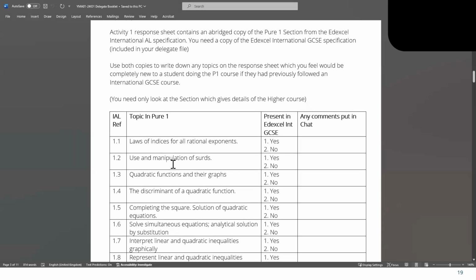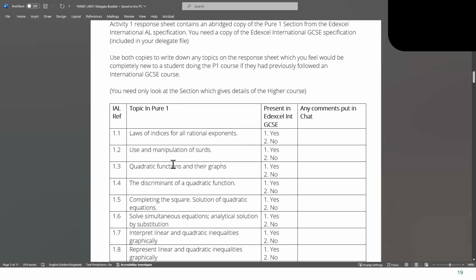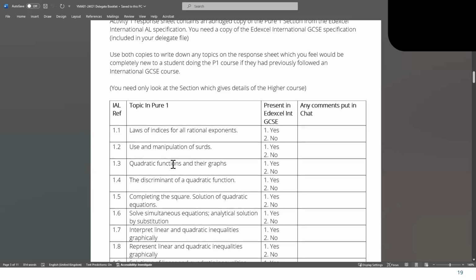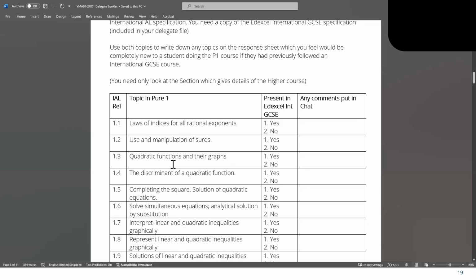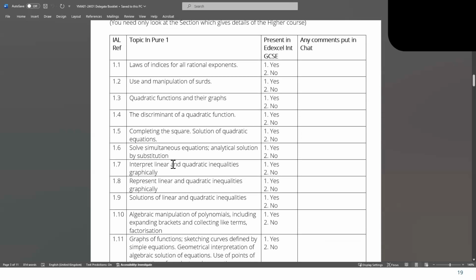Laws of indices for rational exponents: that is yes, it's currently present in the international GCSE. Manipulation of surds: that's a yes as well. Quadratic functions and their graphs: that's also there. The discriminant of a quadratic function: that's not currently there. So the discriminant is not there. Someone else mentioned it as well. Completing the square, solutions of a quadratic equation: that's a yes. Solve simultaneous equations, analytical solutions by substitution: